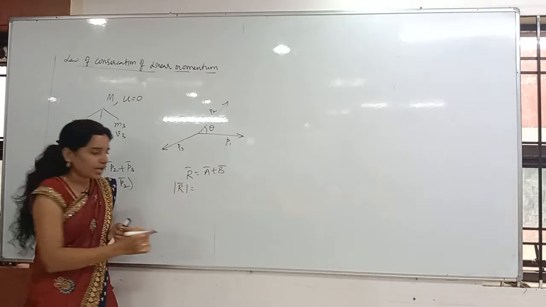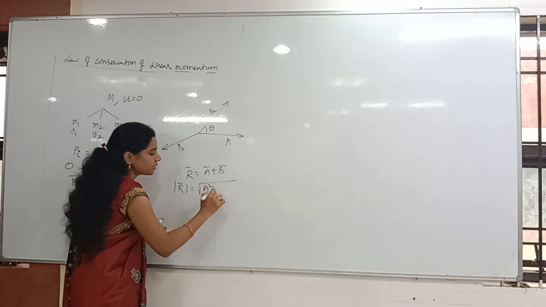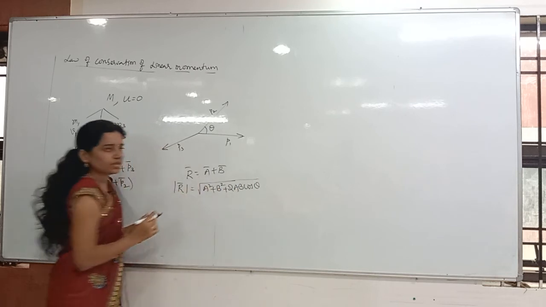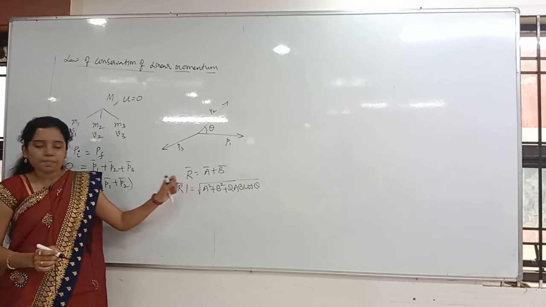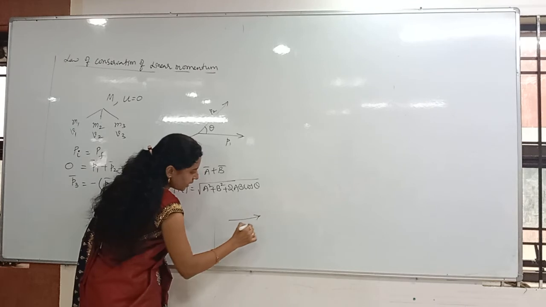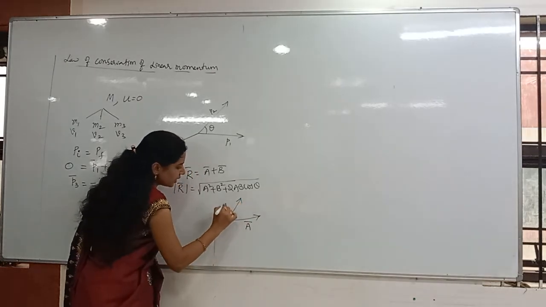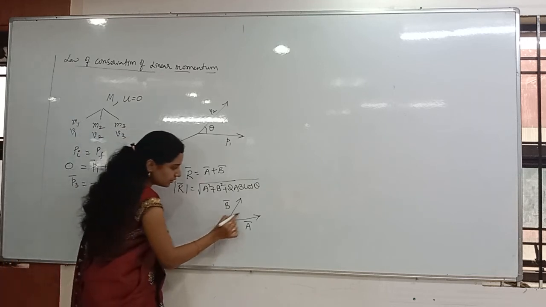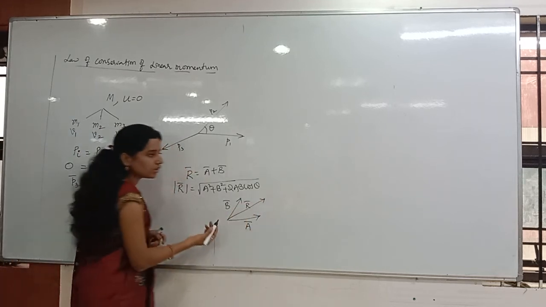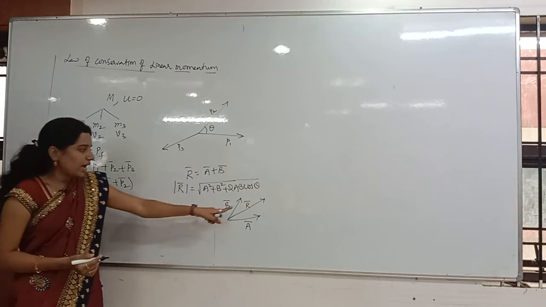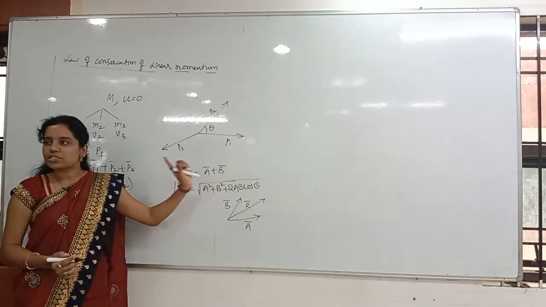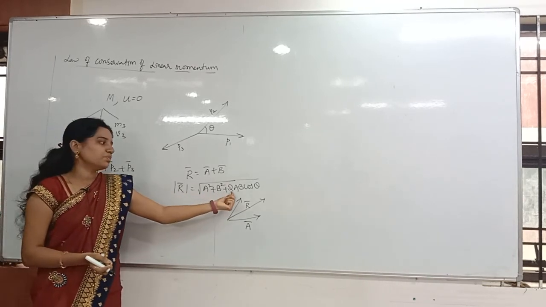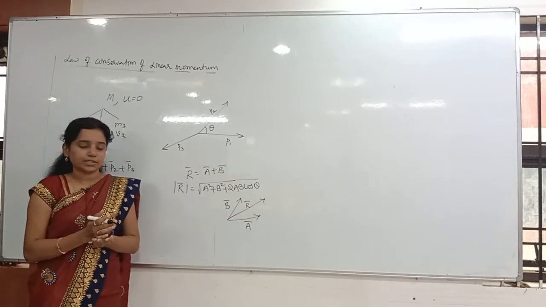What is the magnitude of R bar? Under root A square plus B square plus 2AB cos theta, right? This is the magnitude of the resultant vector. If I have A bar in this direction and B bar in this direction, where will we get the resultant? Diagonal only, right? Co-initial vectors, those are diagonal, parallelogram law of vectors only. Yes. Now R bar is equal to what I can write? A bar plus B bar. Now modulus of R bar is equal to under root A square plus B square plus 2AB cos theta.